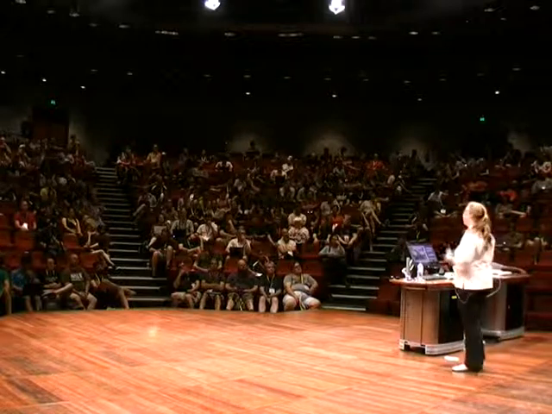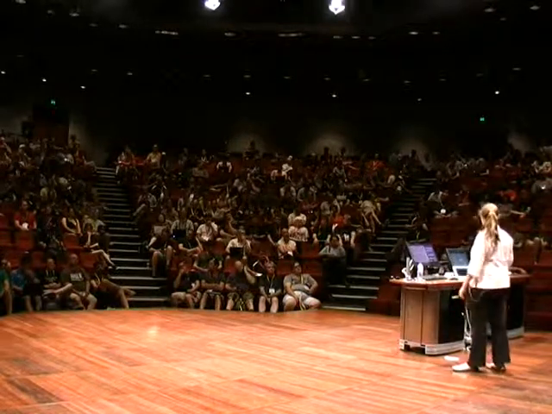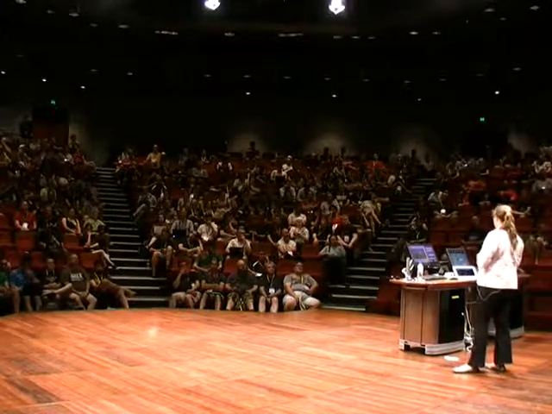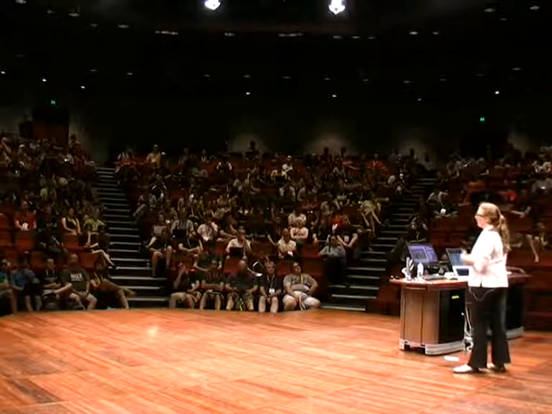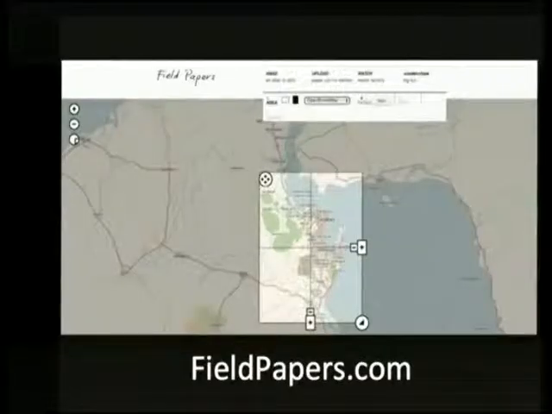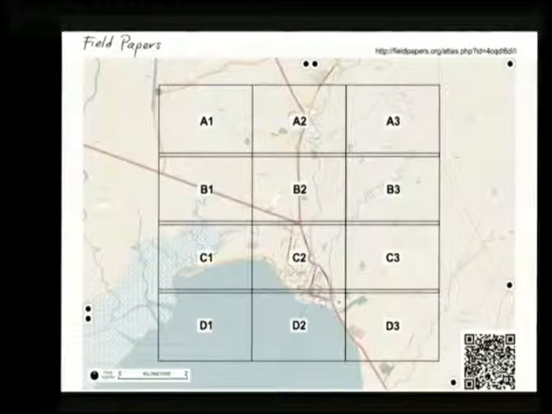So we have all this data, but what were people doing with it? As I mentioned before, Field Papers simply allows people to print maps, and then you can write on them and upload them and use them to edit data. But honestly, a lot of people just use it to print maps. It creates a nice atlas of the OpenStreetMap data, and then you can go use it as a map. This is one of the indexes on those maps.